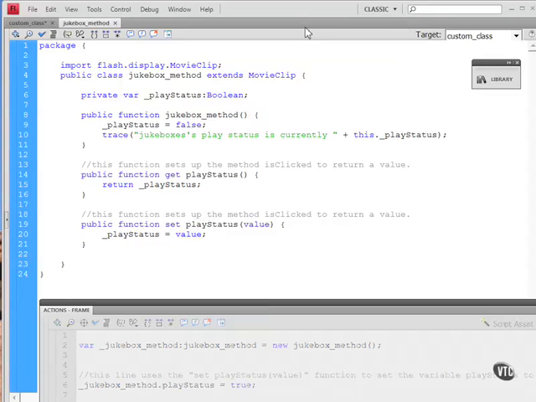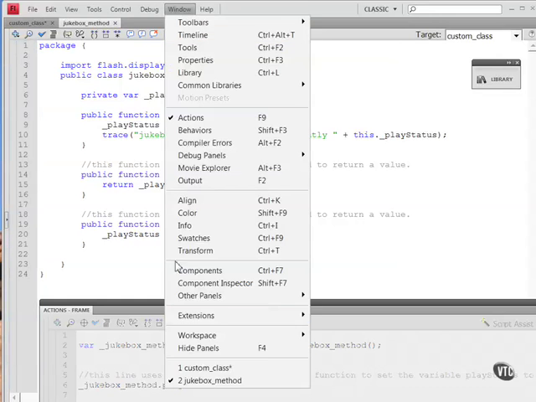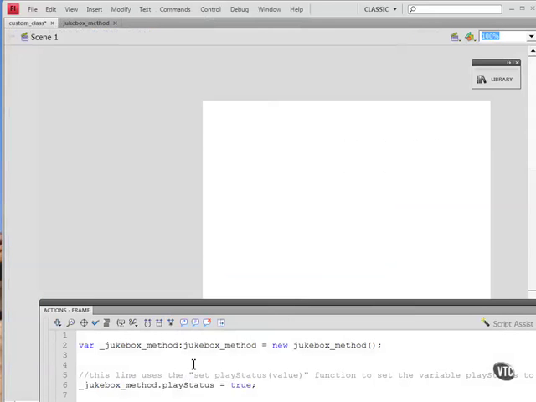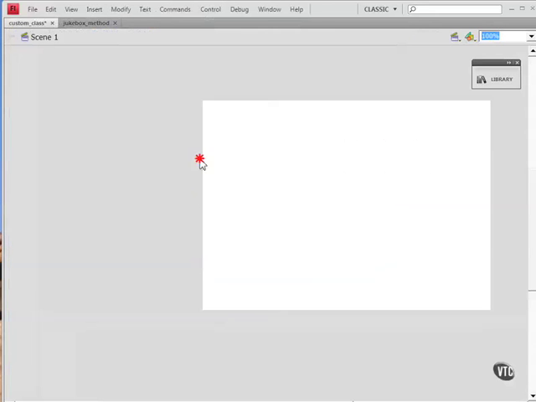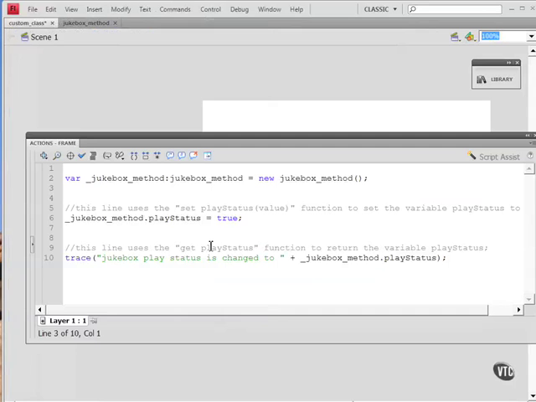Now, all that's left to do is call this class from an external source. This is the FLA file. Open up the custom_FLA file and click on the first frame. Press F9 to open up the Actions panel, and you want to enter in this code right here. This first line initializes an instance of the jukebox class that we created over there in the ActionScript file, variable _jukebox_method: